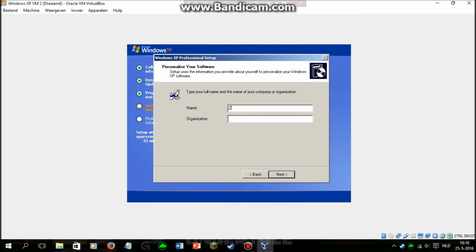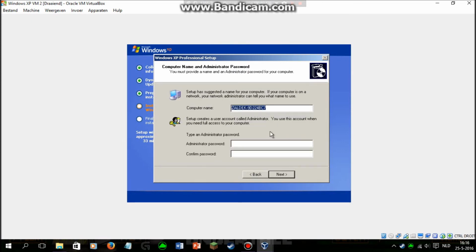Then you have to type in your name, and organization is optional. We don't care. The computer name, I'll just erase that. Okay. Well, I'm just going to call it virtual machine, and a password. For an administrator password,